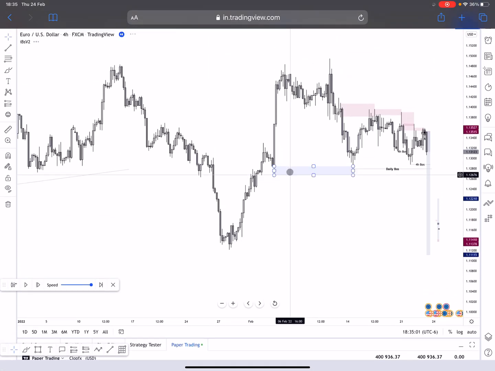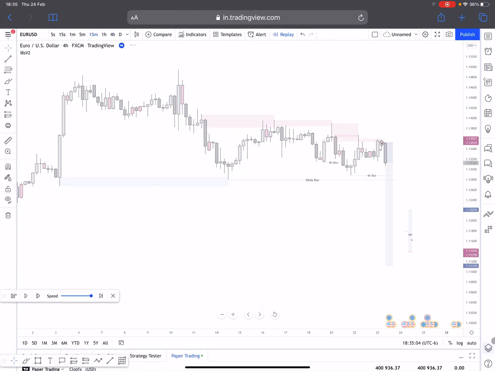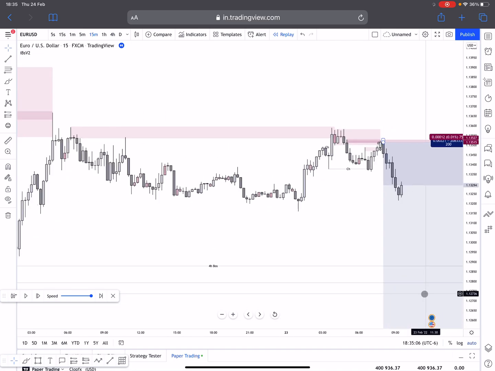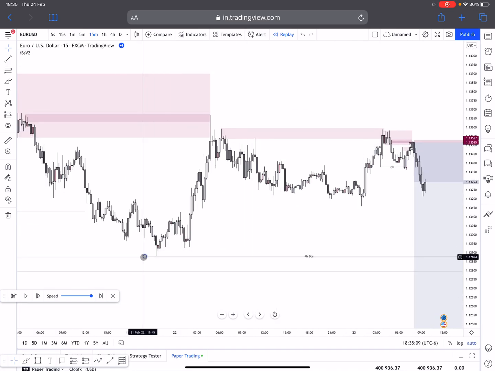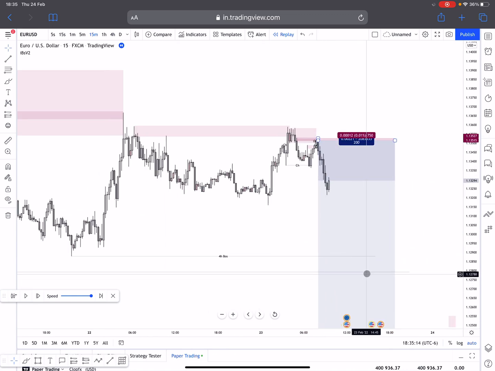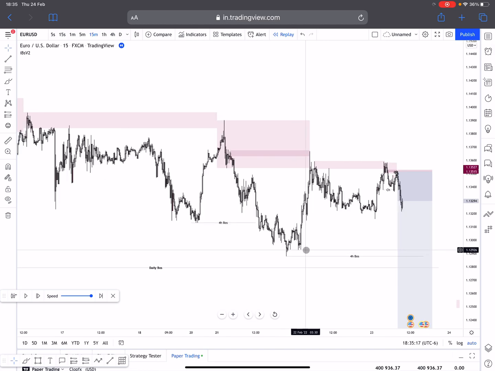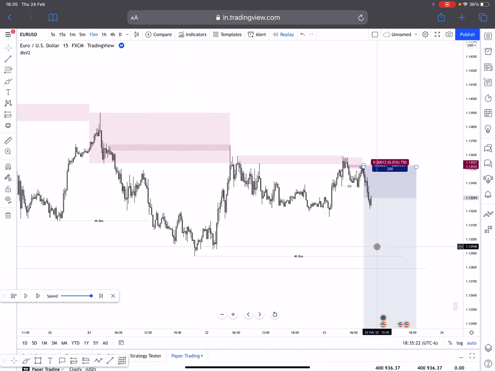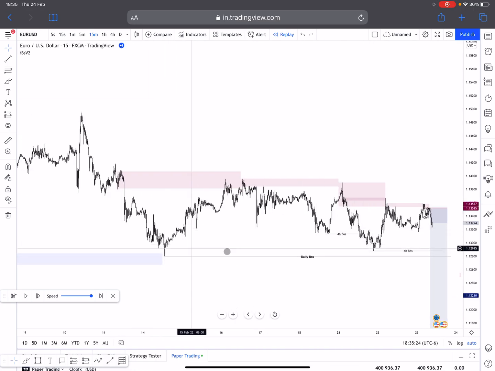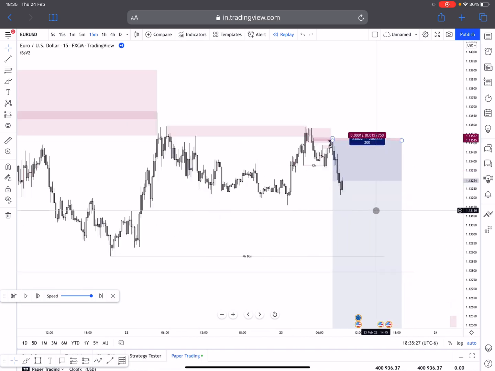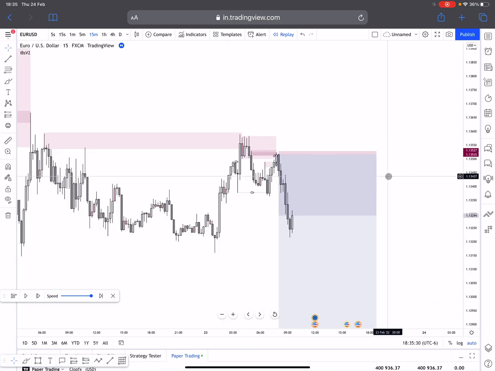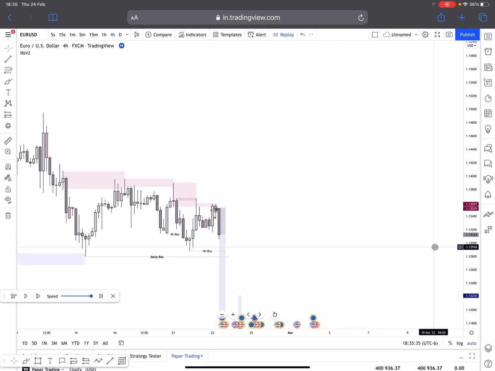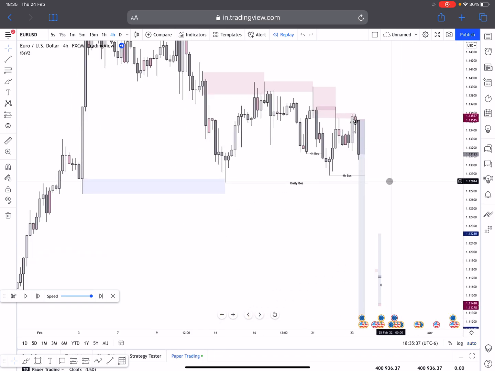So what's my first target? My first target would be the 4 hour low, because our trade is pretty much a 4 hour refined zone trade, right? It pretty much reacted to this demand, but nothing I will trade. It's just a pullback where it's a mitigated area that pulls back, right? So you can also take trades out of that. So then, if you remember, we're in a 4 hour pretty much pullback.